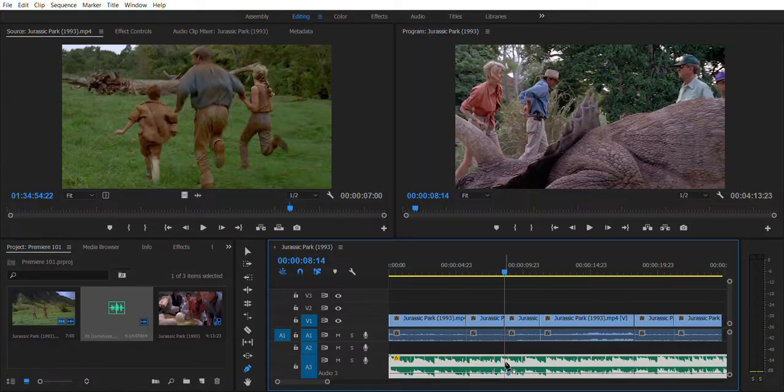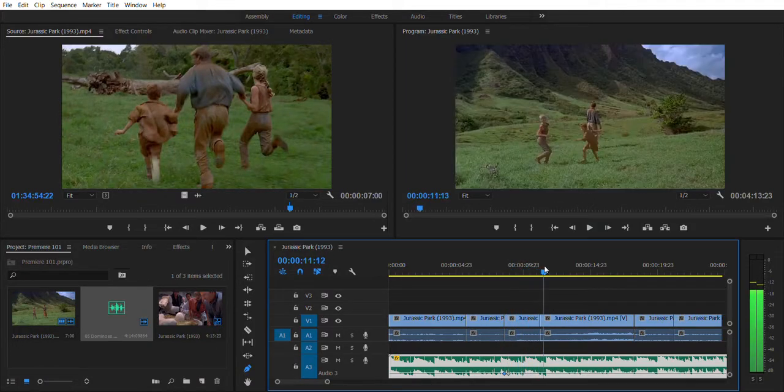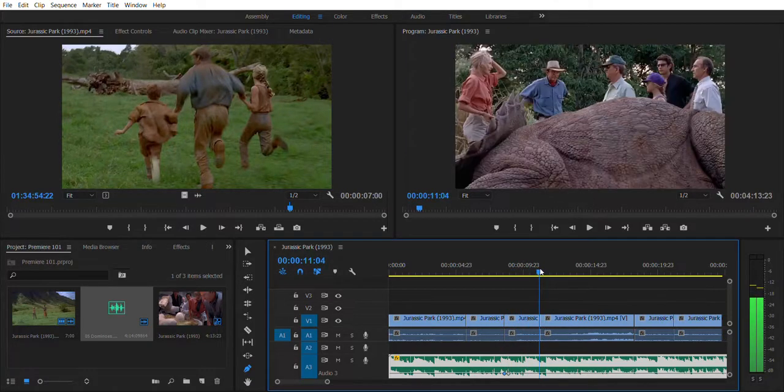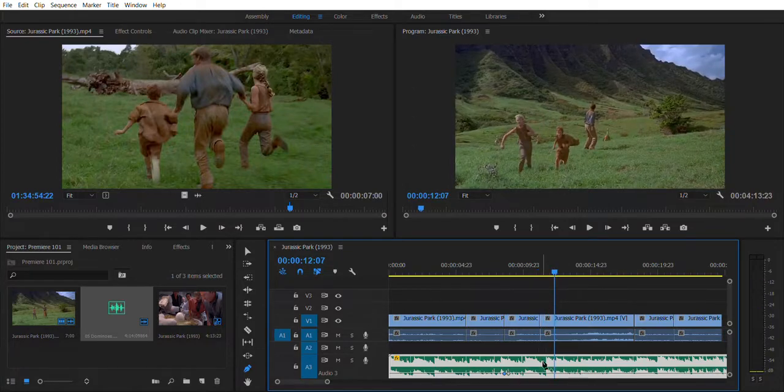And so I'll mark my pen mark there, and you can see we've got two little dots along that line. And I'm going to mark it here when the dinosaurs start running, and then a little bit before it too. And now I'll hit V to grab my selection tool, and now I've got my selection tool, I can actually move